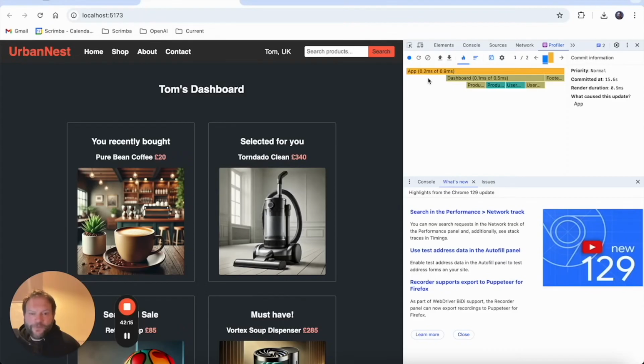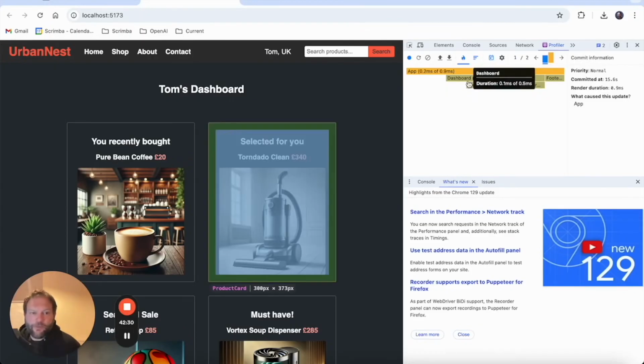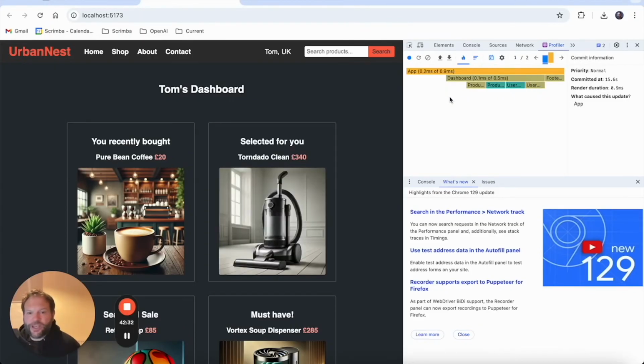And now if we go back to Profiler, I'll stop the recording. And now we get some feedback on how fast our app responded and exactly what happened. So we can see what rendered and how long it took. And that can be really, really useful for seeing re-renders. You might find in a complex app where something's gone wrong that you're just re-rendering the same component thousands of times and it's causing performance issues. Well, this is the tool to help you debug that. As I say, it is quite an advanced topic, not one you're going to use anytime soon, but good to know that it's there. Okay, we're not quite done.